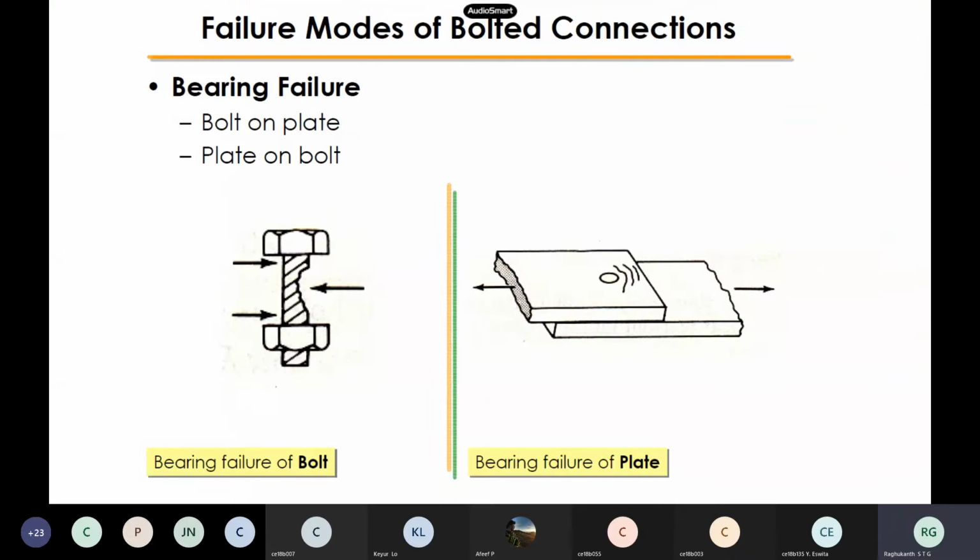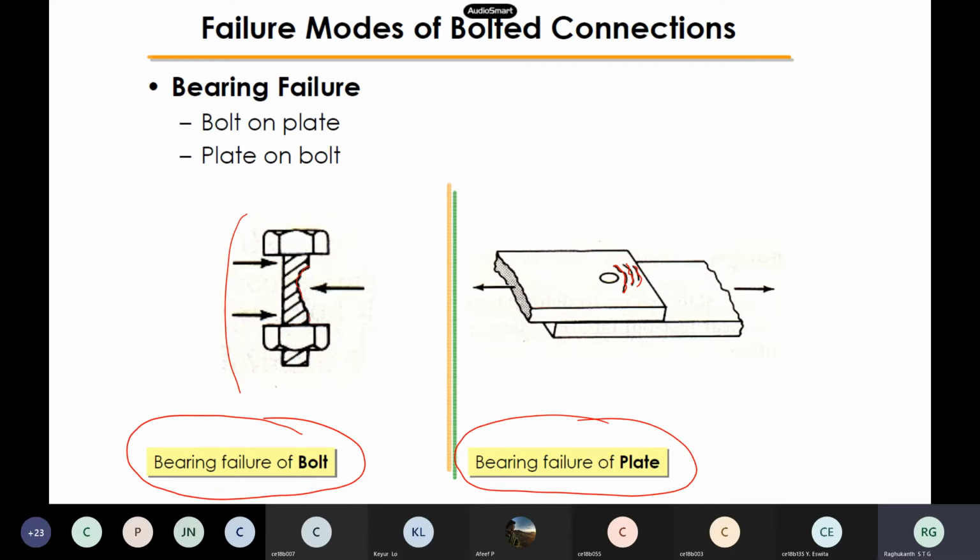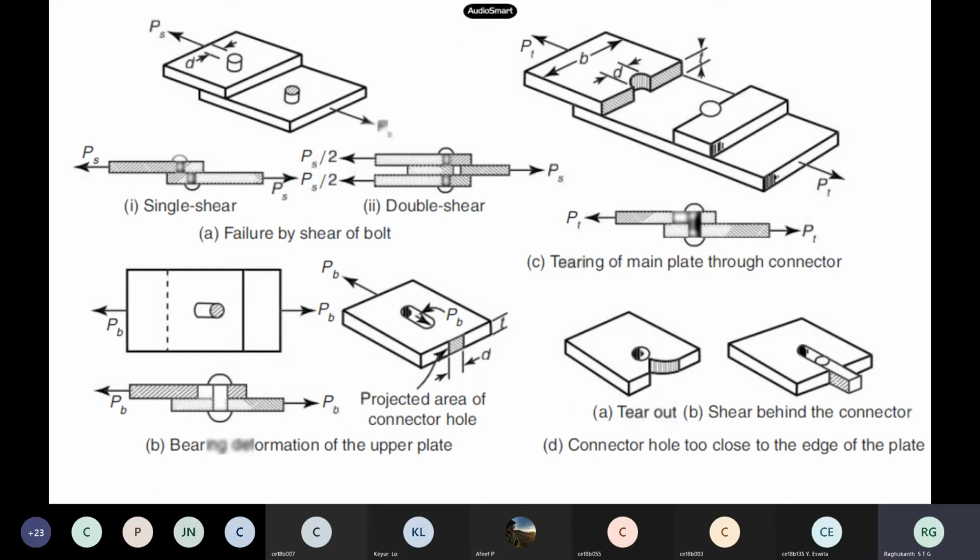So this is what we call the bearing failure. In bearing failure, as you have already seen, the plate's compressive strength gives up, and the bolt area may also be lost. This we call the bearing failure of a bolt. Of course, the plate itself may also shear off or fail, so this also happens. This is also a figure showing shear planes.